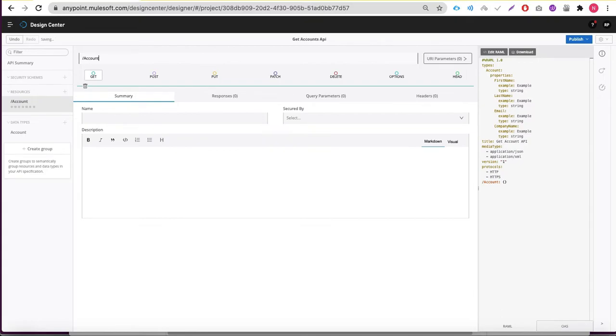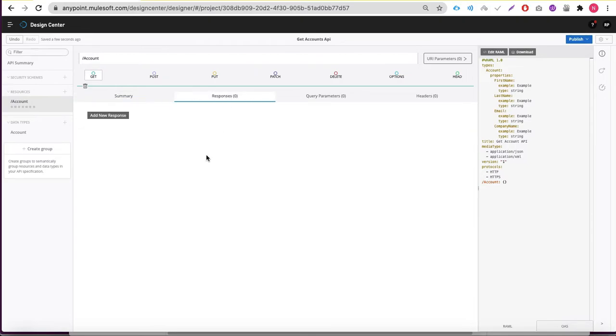For this specific API, we want to use the HTTP GET request to be accepted by our endpoint. To achieve this, simply click on the checkbox, which is the Get radio button checked. So we will check this, and then you have to click on the responses tab, and here click on add new response.